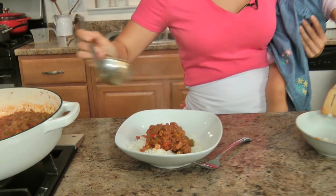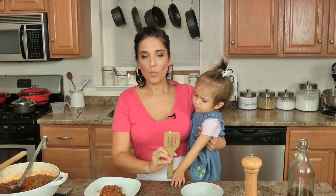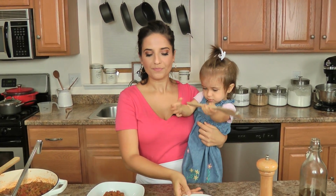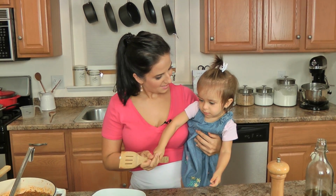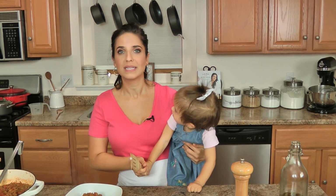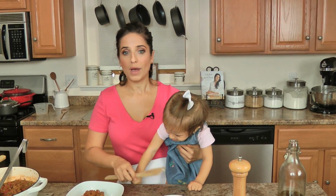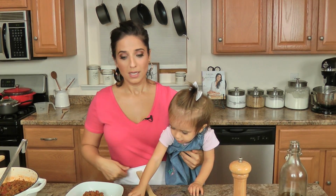And now when I serve this for dinner, I'm going to put some cilantro on top, and it's going to be delicious. But I did want to mention that I added about a half a cup of water to the mixture when I added the tomatoes and everything else. Just make sure that the canned chopped tomatoes you buy are actually in tomato sauce and not just in a little bit of juice. Otherwise, you need to add an additional 4 ounces of tomato sauce because...